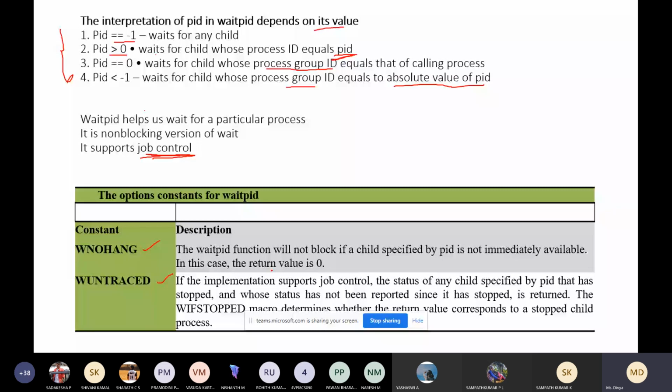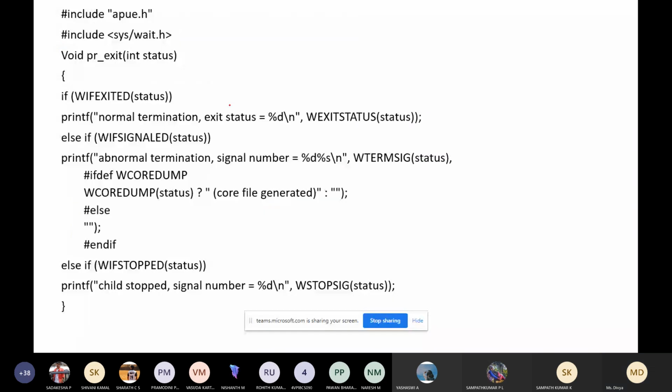So this is one example, printing the description of the exit status. You can see here, these are used for printing the exit status. These are all called macros, small functions.